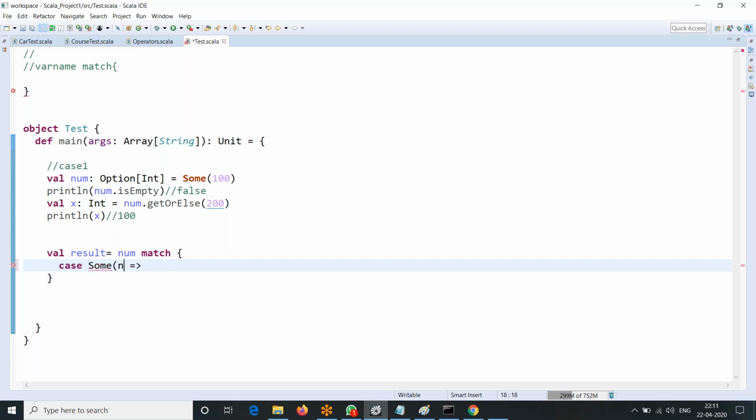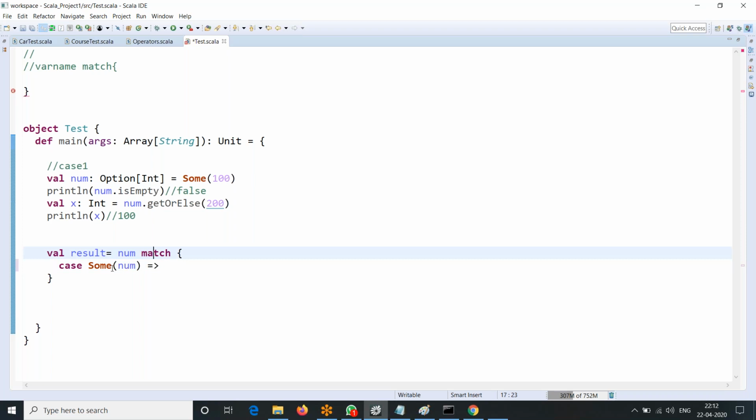You have to write it like this: Some of num, arrow mark. You are comparing the value of that Option; it can be Some, and internally it has some value that you have to pass as a parameter, not a value directly. Don't put 100. Whatever value is matching, you can pass to Some.